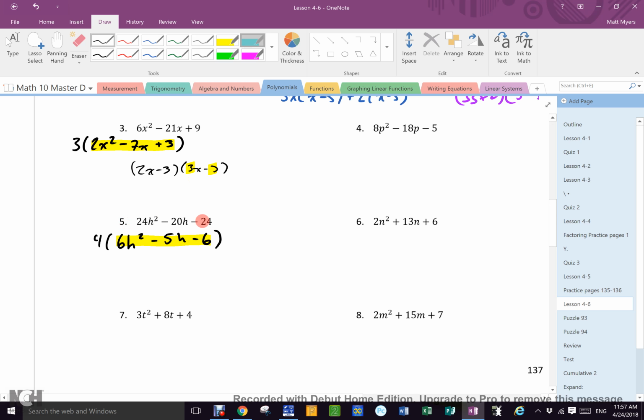Same thing would happen with 5. Now, 5 is a better example because if you just follow my steps, you got to do 24 times 24 and start factoring it. That's an idiotically large number, isn't it? That's your hint. If you just follow steps, multiply A by C, danger, Will Robinson, then